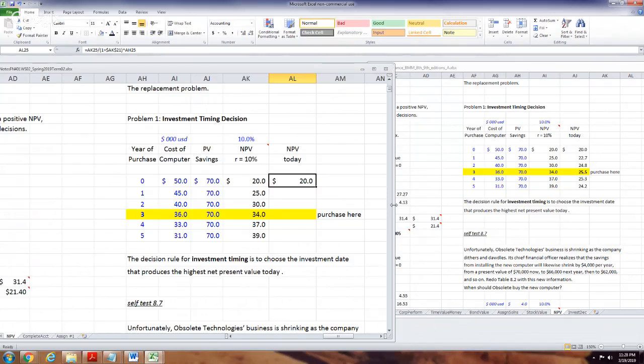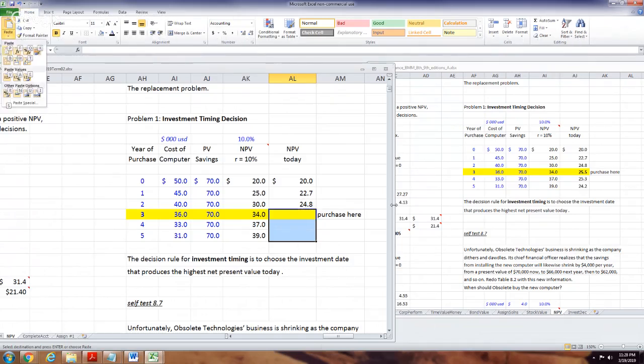So $20,000 today is worth $20,000. I'm going to copy this. I'm going to say Alt HDF, and I think we already looked at this. 25,000 in a year from now is worth 22,000 today. Okay, and then we just keep going. Alt HDF, 30,000, right? In 2 years is worth 24,000 today. That kind of thing, and then Control C, Alt HDF.